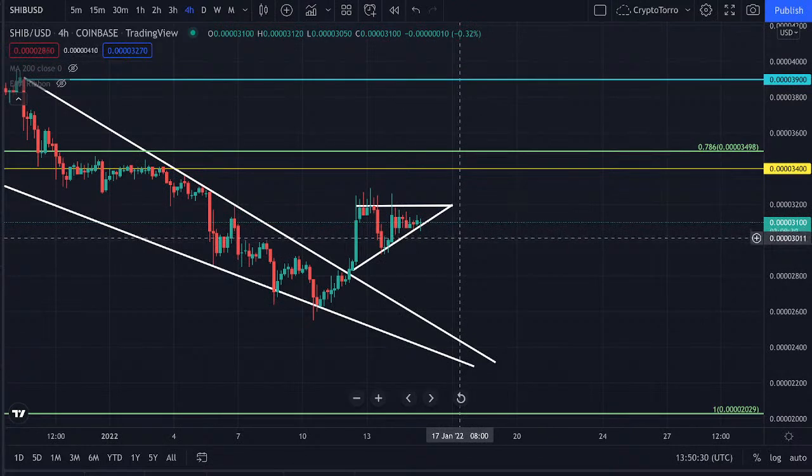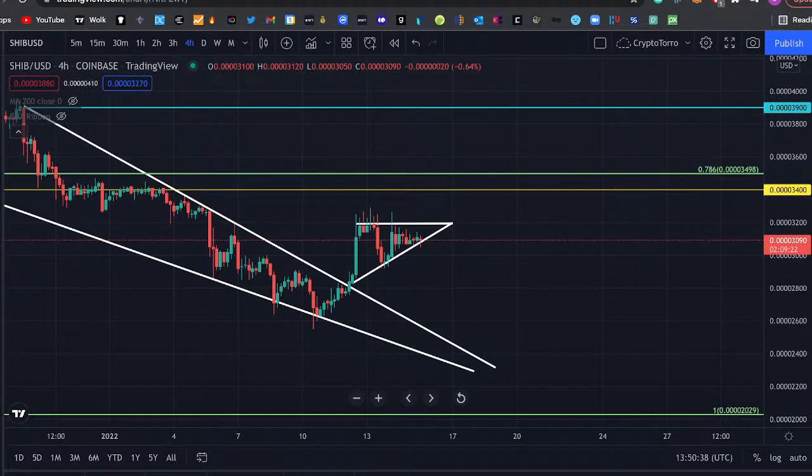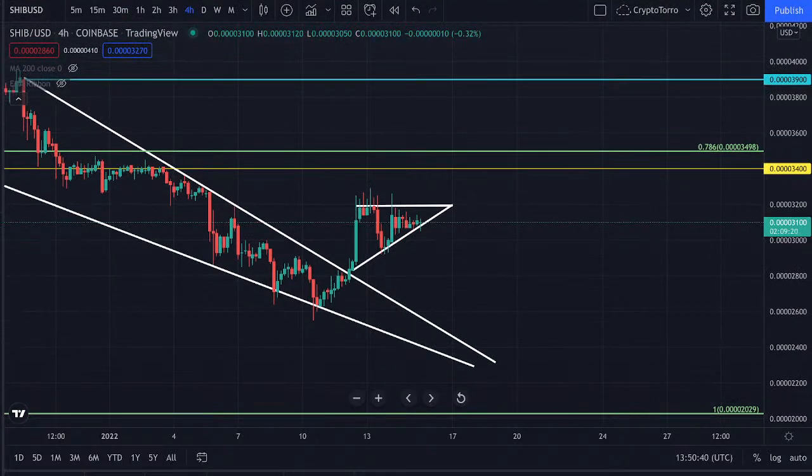Well, this is what I wanted to say about Shiba Inu, and I'm seeing that in the comment sections there are several other requests taking place as well, so I'm going to look at those within the next minutes. But before, I would like to take a quick look at what I am seeing on the